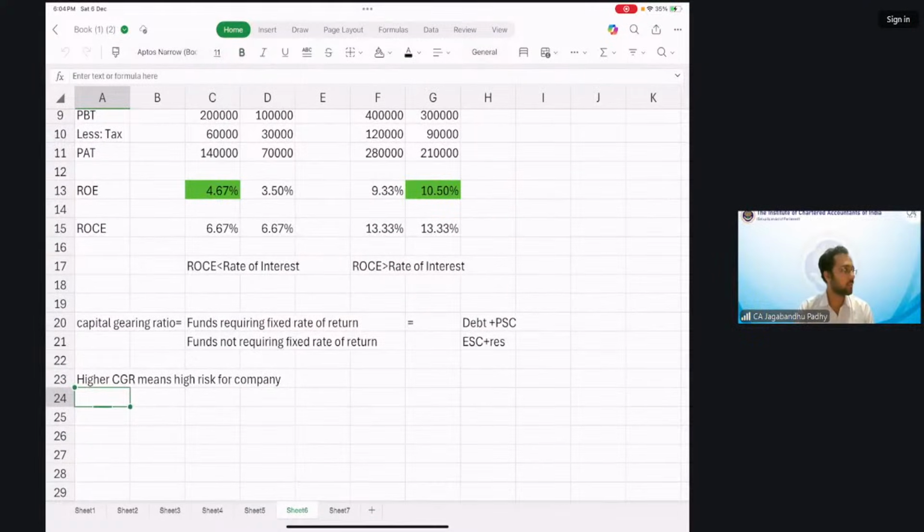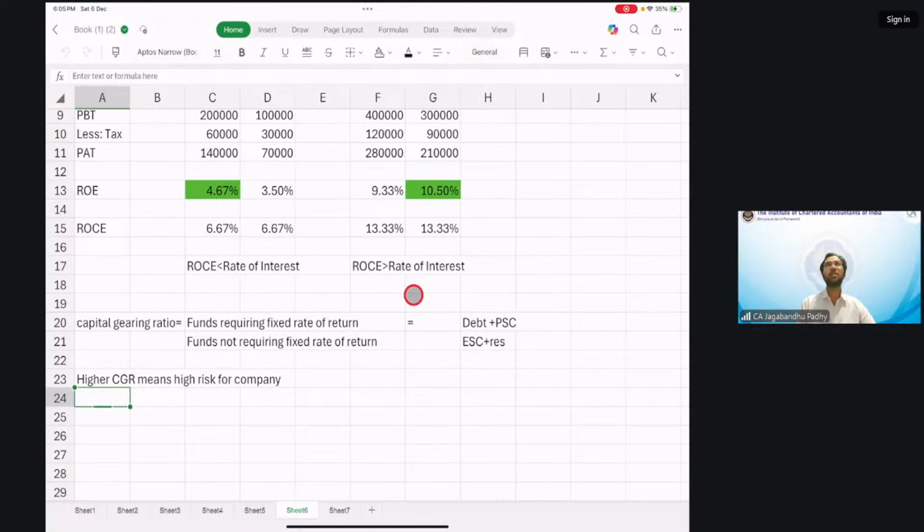concept of the rate of return on capital employed and the rate of interest. So if the return on capital employed is less than the rate of interest, then taking debt is not advisable, because you are earning less than what you have promised as the rate of return. Whereas when return on capital employed is greater than the rate of interest, it makes sense for you to take debt because you are earning far more than what you have promised to pay. So that degree of financial gearing is measured by the capital gearing ratio, which is simply